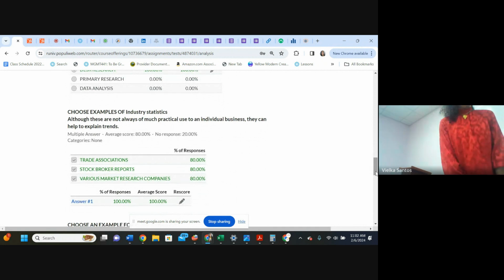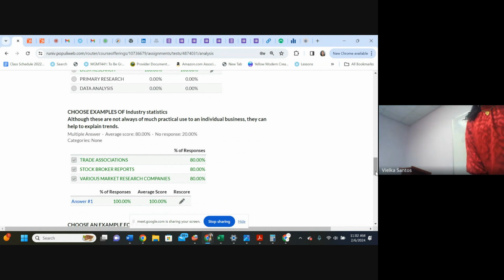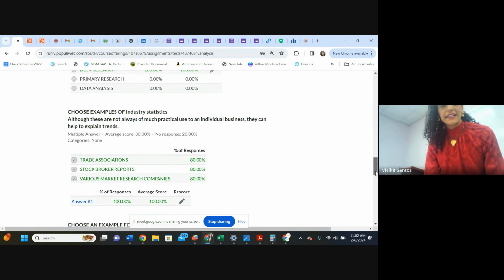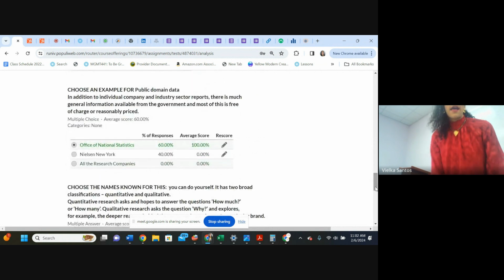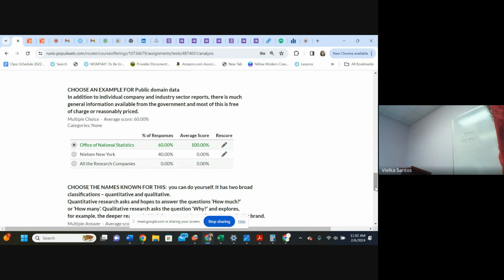And also choose the example of industry, trade association, stockbroker. It was one of those. Various market research companies, everything. That was the answer, but I think almost everybody did right on this. And here, people, it is not Nielsen because Nielsen is private.